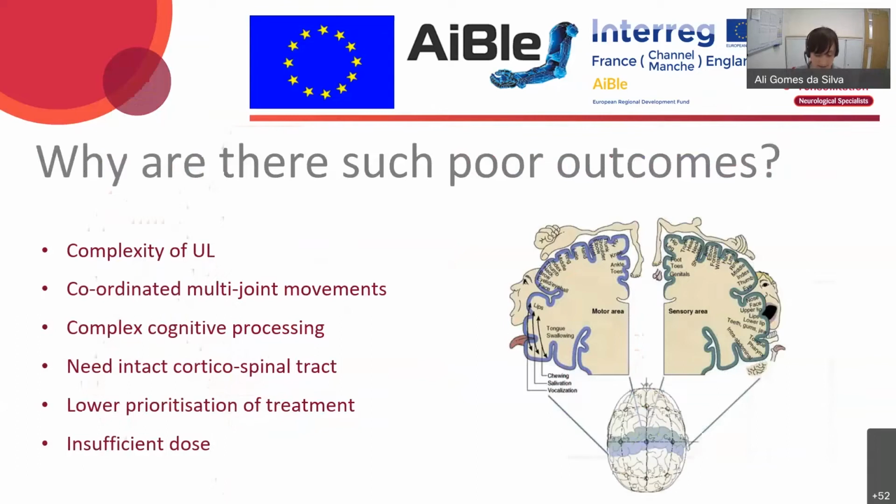But why is this? Why are there such poor outcomes in the upper limb after stroke? Well, I've just put a few reasons here. There are many more, but the upper limb is incredibly complex. There's a lot of complex movements that we need, using coordinated multi-joint movements to perform function. We need to use complex cognitive processing to activate our upper limb. We also require complex sensory information that drives the upper limb movements. We also need some level of intact corticospinal tract to allow us dexterous hand function, and often this is damaged